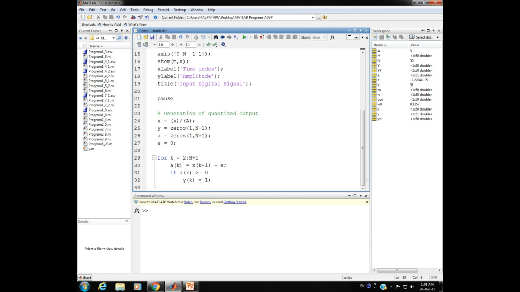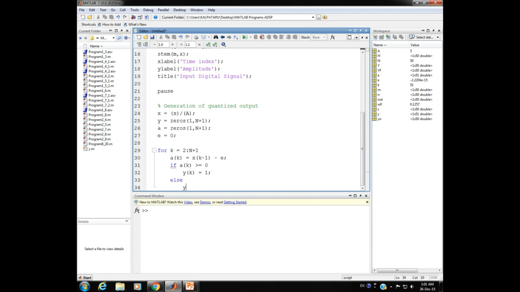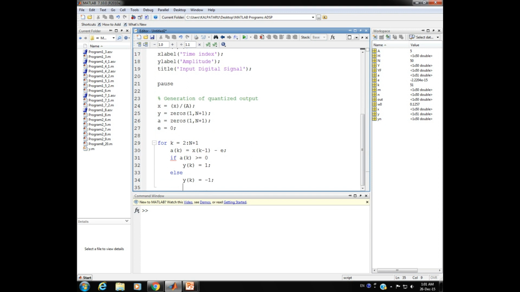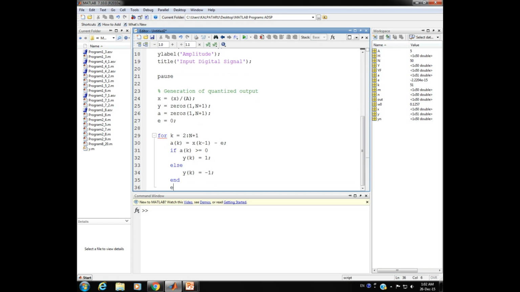If this condition is not true, we have to write the else part. So else y of k is equal to minus 1 here. So finally writing the end, then e is equal to y of k minus a of k here.